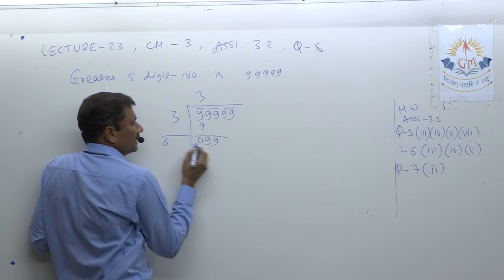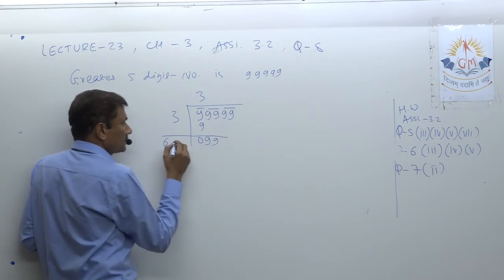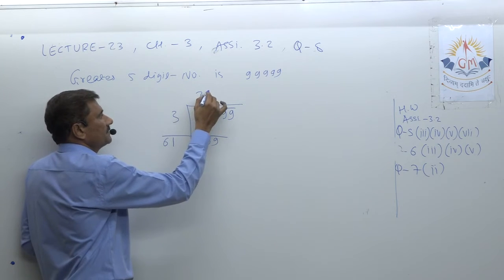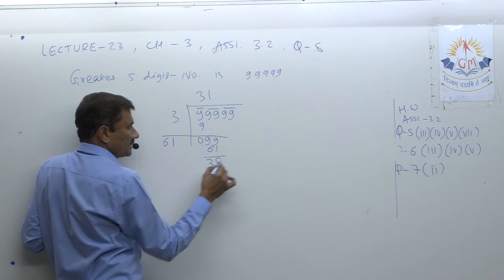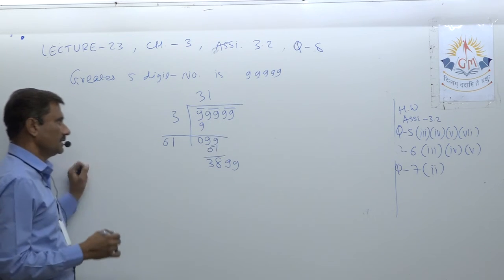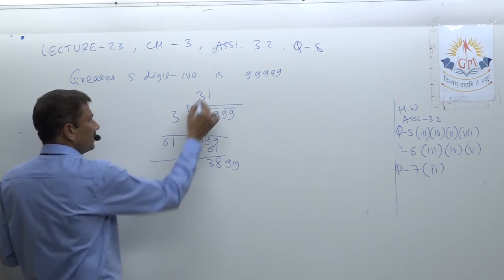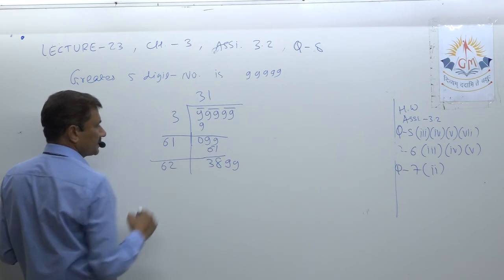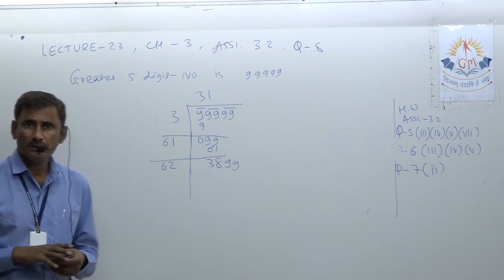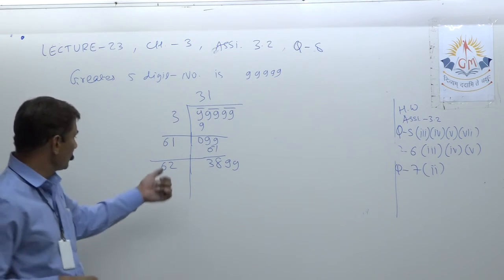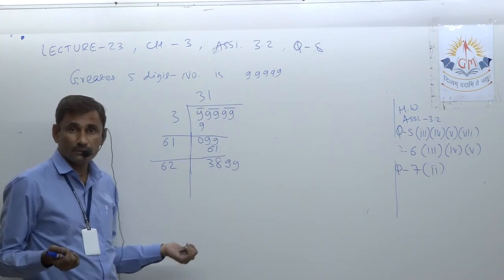Okay, now look here. Either 61 times 1, or 62 times 2, or 63, but 62 times 2 will be more. So I stay at 61 times 1 only. So it will be 6; 9 minus 1, 8; 9 minus 6, 3. The next pair came here. Now, before starting the next digit, write here whatever is here and double it. So it is 62. Now either you look for 621 into 1, 622 into 2, whatever you put, just put there.